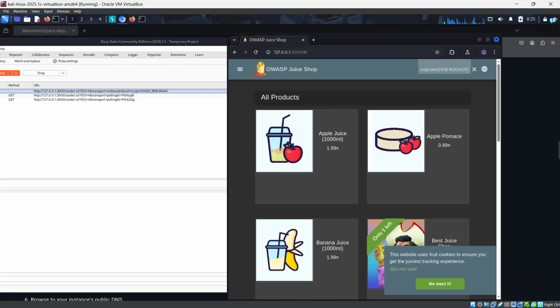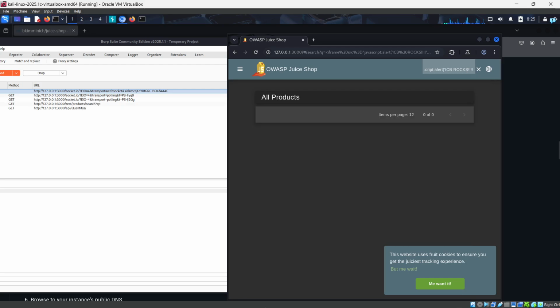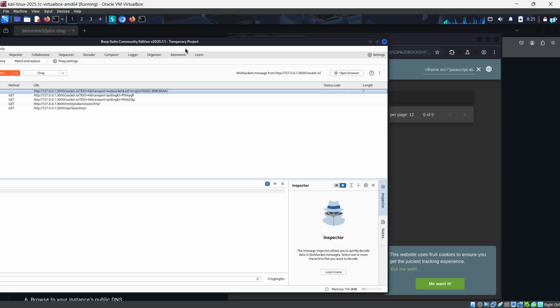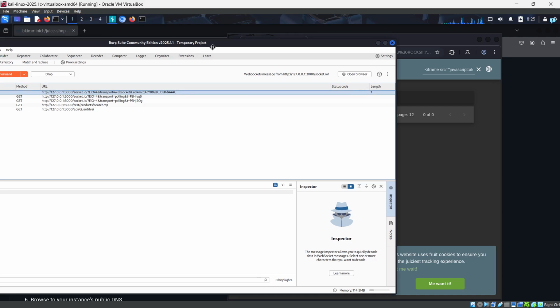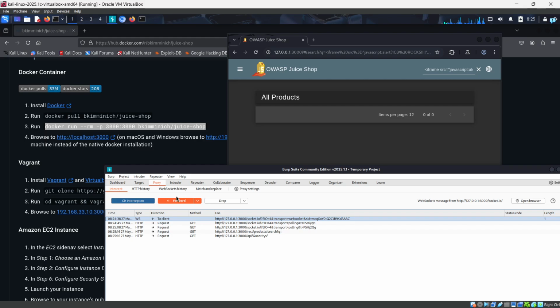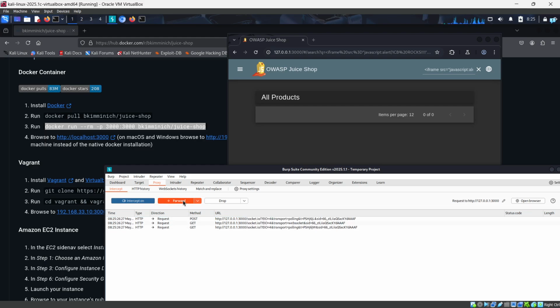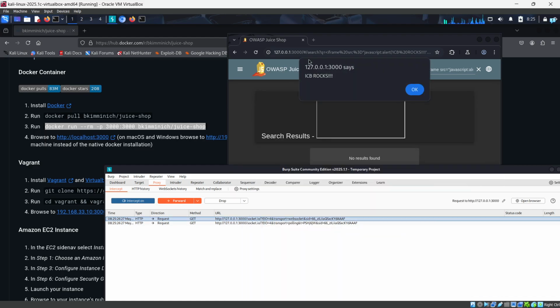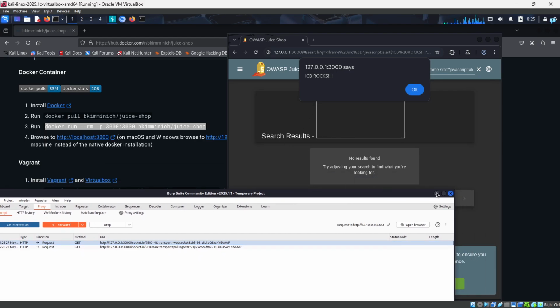Once you type the command and then change the line, just press enter, and now go back to Burp Suite, and then if you can see, I just click on forward. Keep clicking forward and see, you'll get the error. It alerts, but that's all. That's the main cross-site scripting